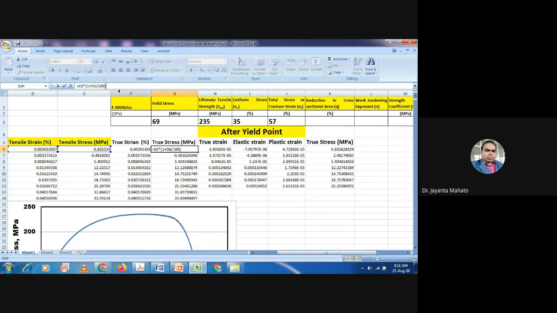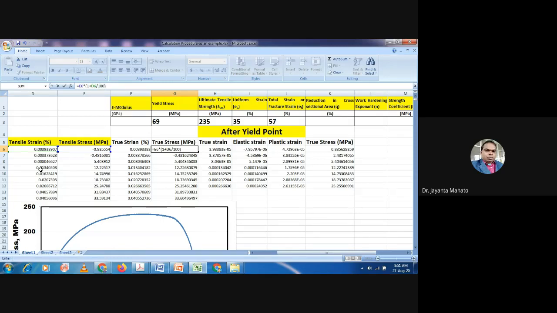So you select here, first you have to give the equal to sign, equal to stress, means this column stress, into 1 plus E, where E means this value, divided by 100.